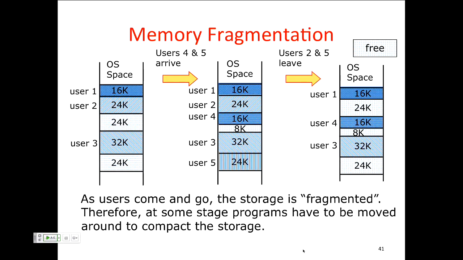So the way to get around that would be to actually physically move programs from one location to another from time to time. So for example, you would move everything to one end of the address space to free up a consecutive part of memory again to add new programs. But that is very expensive because you actually have to move data around in memory. And that is why fewer systems today actually implement base and bound, but instead you use a different approach